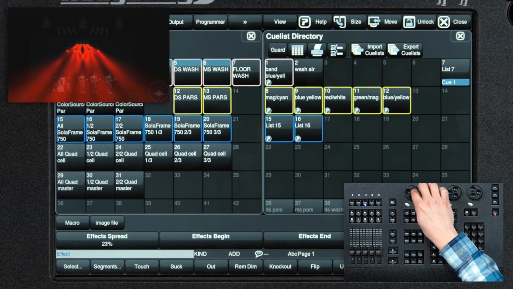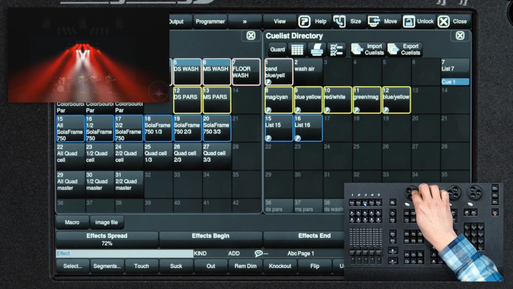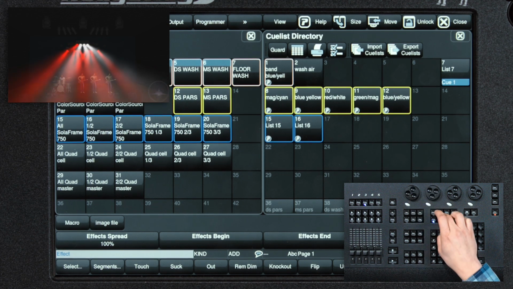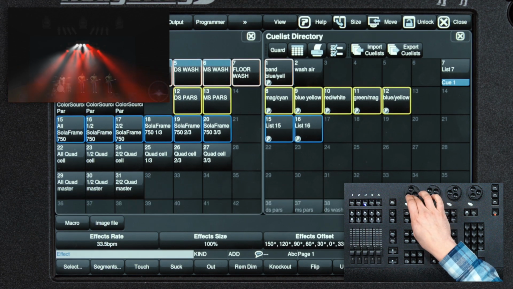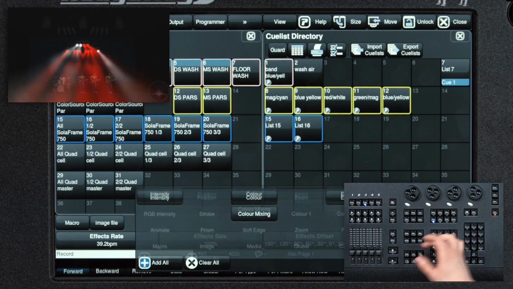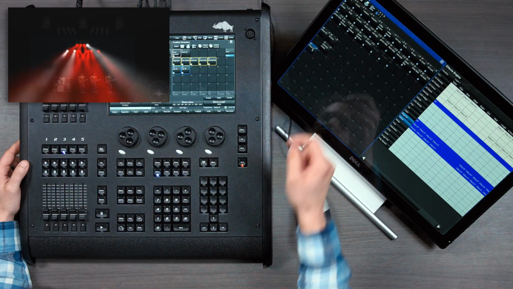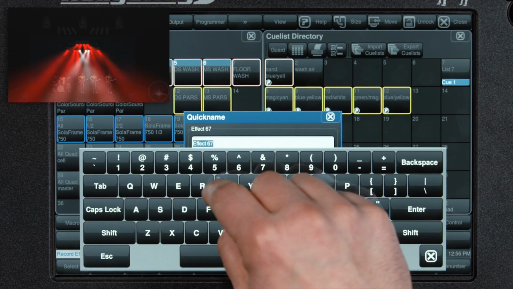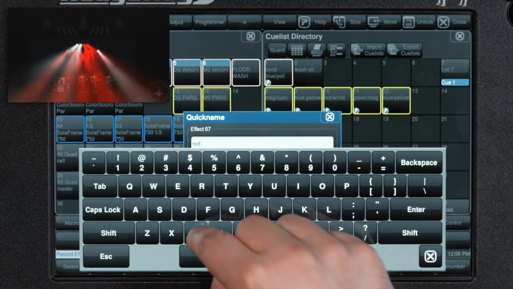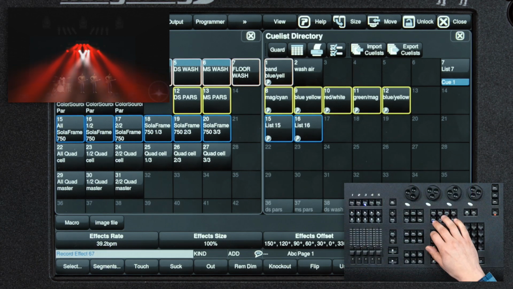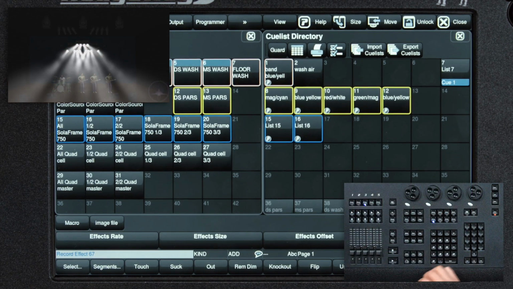Go back to spread. Great. Let's even make it a little faster. Cool, let's record that. Name it. Now to get rid of the effect again.